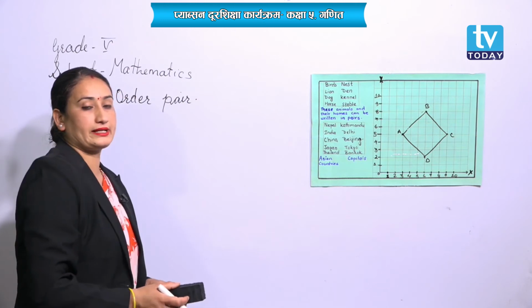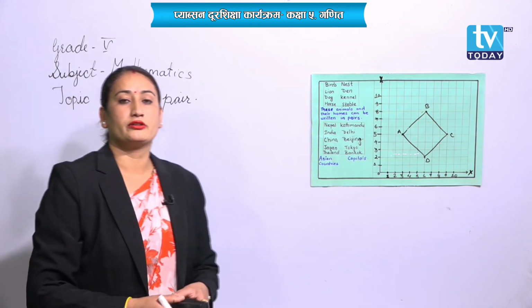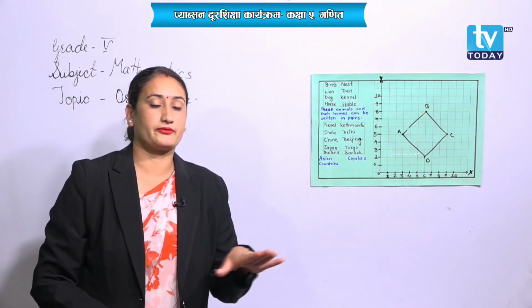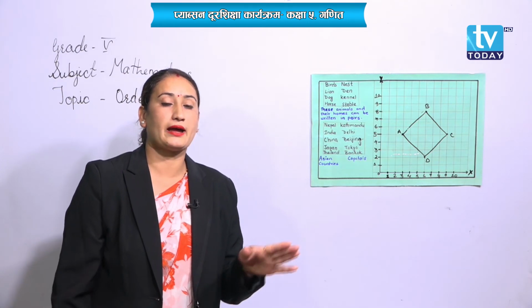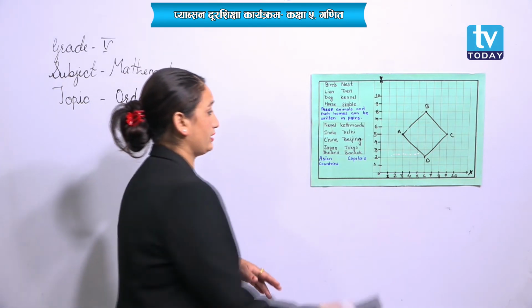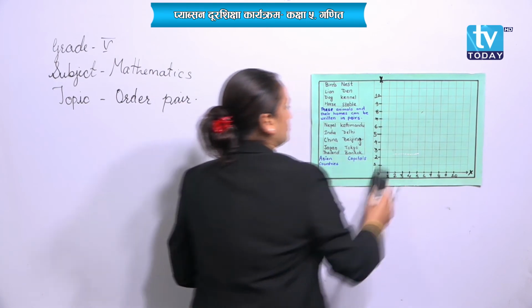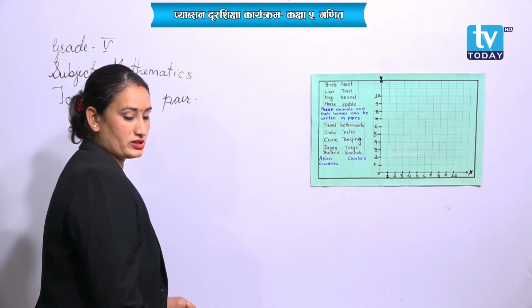Now, after finding out the ordered pairs, you have to join those points also, okay? You need to plot over here. The question is: